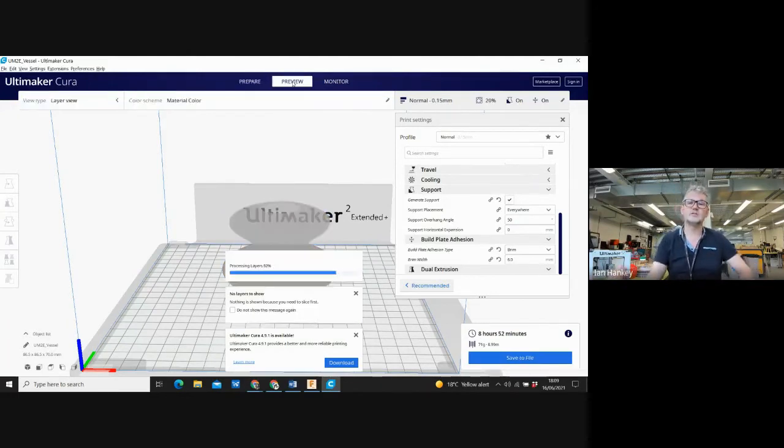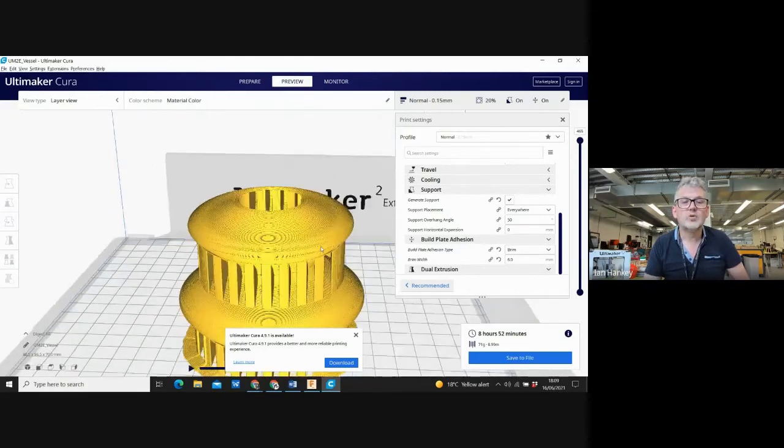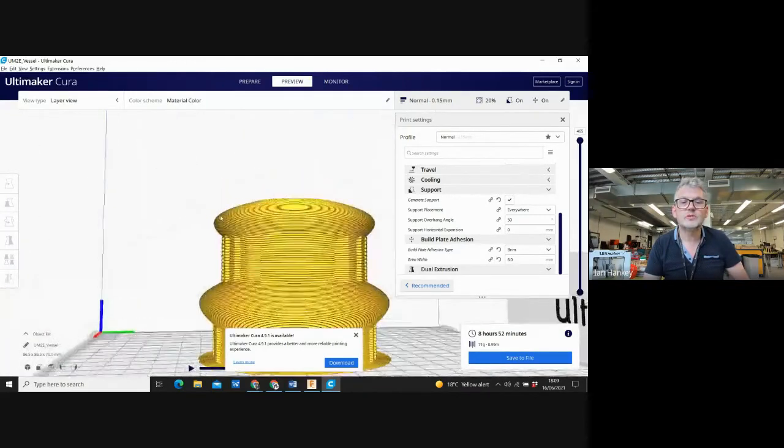It'll take a second to sort itself out. But what that gives me now is the actual model plus the support material that's automatically generated from the settings that we've set on that drop-down menu on the right-hand side. If we have a quick look, we can zoom in slightly. Now, this support material